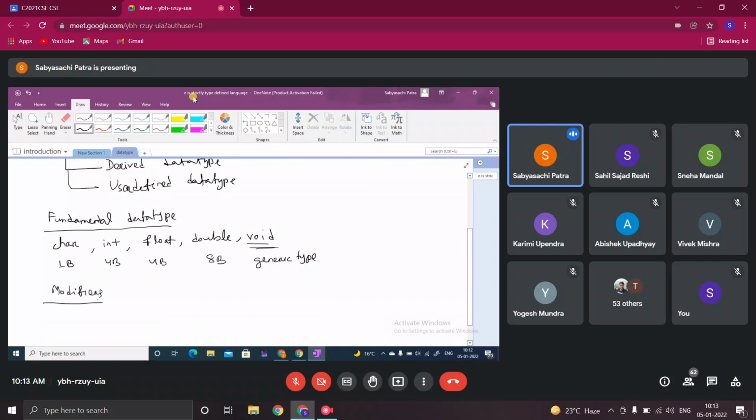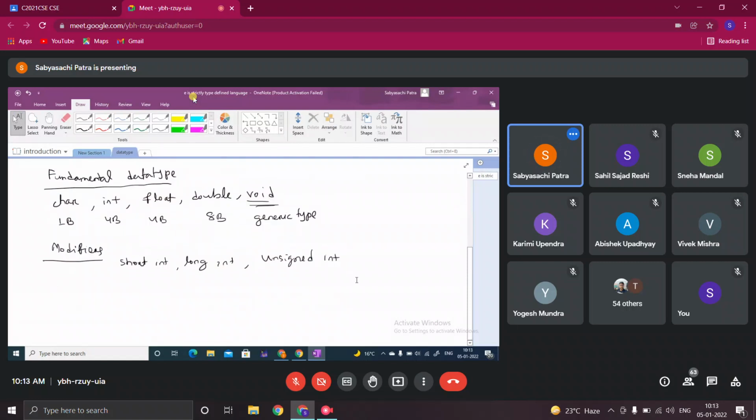Now, there are some modifiers on these fundamental data types. Like integer, you can have short integer or long integer, or unsigned integer. Short integers basically take 2 bytes of space.